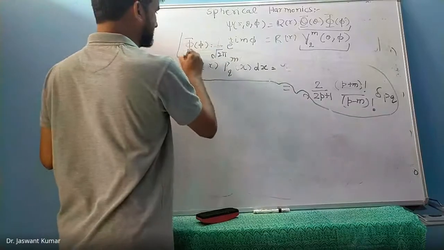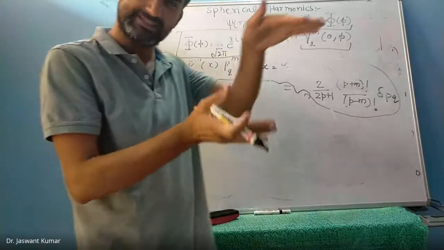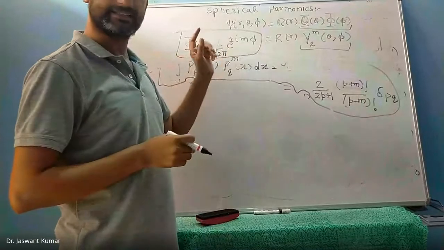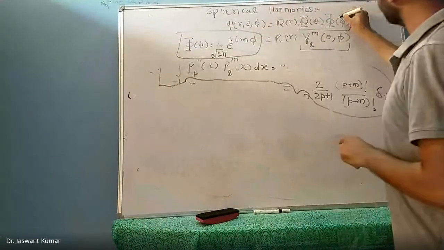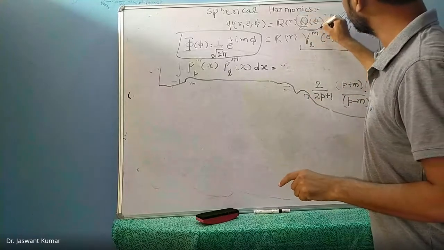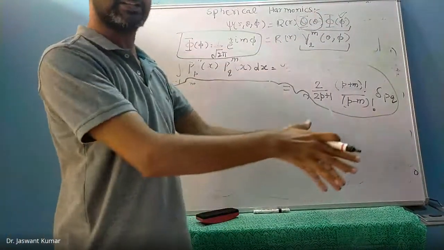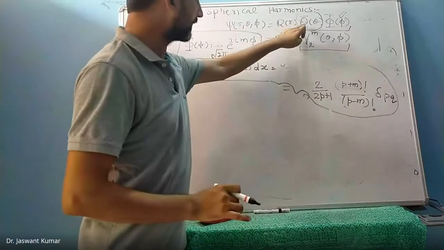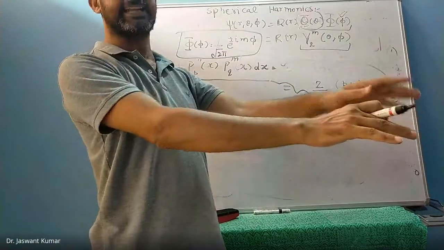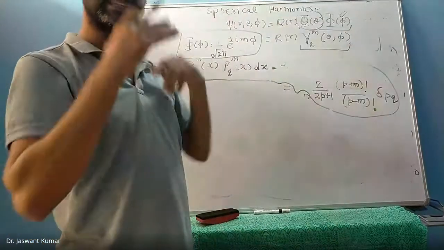This part is very easy in spherical harmonics. You get the small phi equation right at the very beginning, when we were solving the Schrödinger equation. So this part we are very confident will come quickly. The problematic part is this, because this is the part that obeyed the associated Legendre equation. So to get the solution of capital Theta of small theta, we need to solve the associated Legendre equation, and then get the normalization.